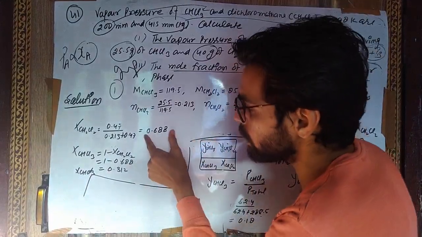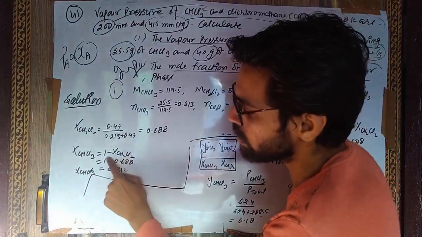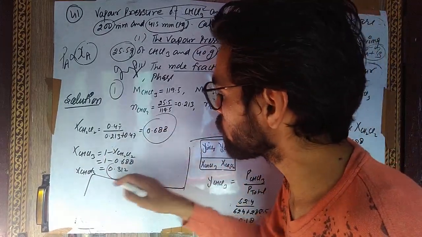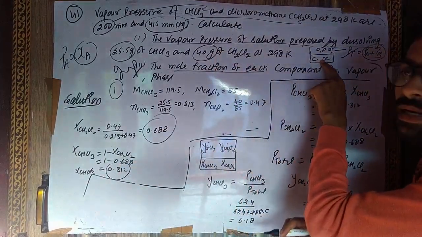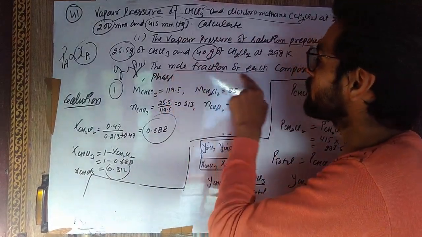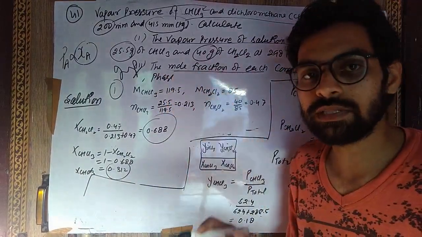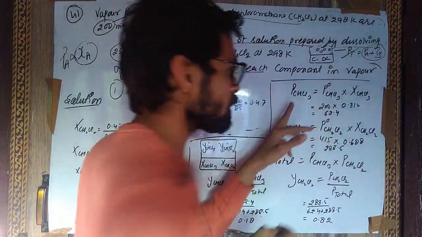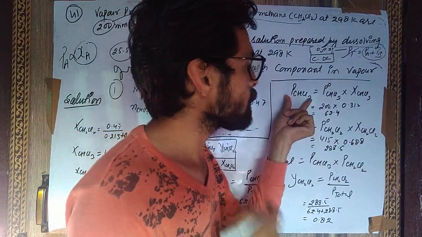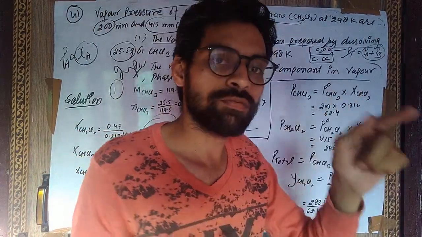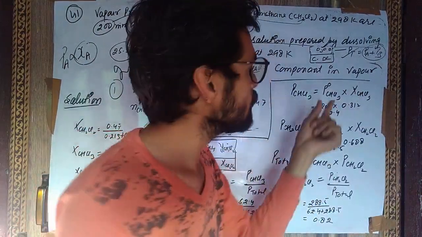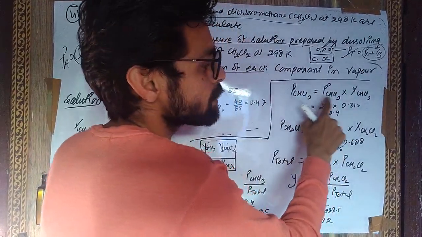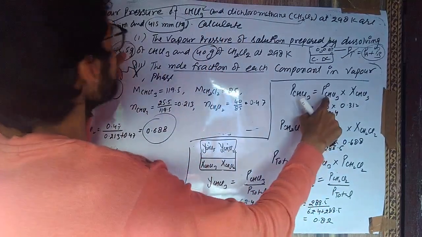तो अगर जब एक के इतने मोल फ्रैक्शन आ गए हैं तो दूसरे के 1 में से माइनस कर दो, आपका आंसर आ गया. तो ये हमारे पास दो मोल फ्रैक्शन आ गए हैं जो किसके अंदर है? यहाँ सॉल्यूशन के अंदर है. सेकंड पार्ट नहीं आया. कभी कहो मोल फ्रैक्शन आ गए हमारे पास क्लोरोफॉर्म डाइक्लोमीथेन के, वो वेपर फेज में पूछे हैं. ओके, अब हम लगाएंगे राउल्ट्स लॉ. राउल्ट्स लॉ क्या कहता है कि क्लोरोफॉर्म का वेपर प्रेशर किसके इक्वल होगा, उस क्लोरोफॉर्म के मोल फ्रैक्शन जो सॉल्यूशन के अंदर है और क्लोरोफॉर्म का प्योर स्टेट में वेपर प्रेशर, and vapor pressure of chloroform in pure state is given, it is 200.